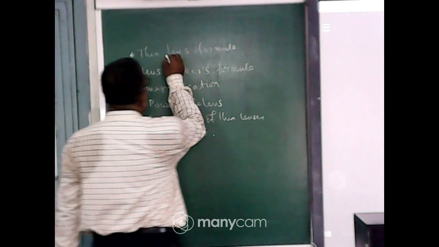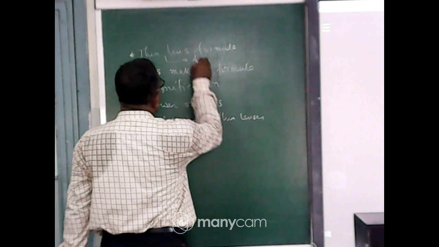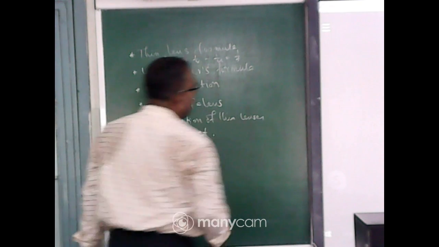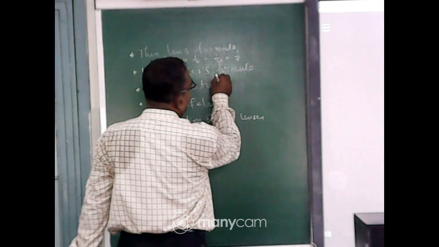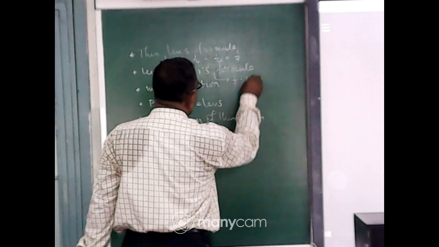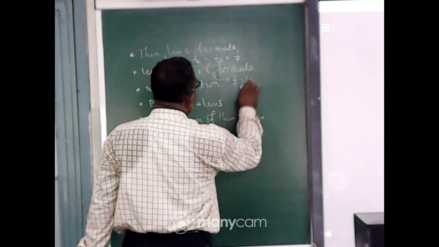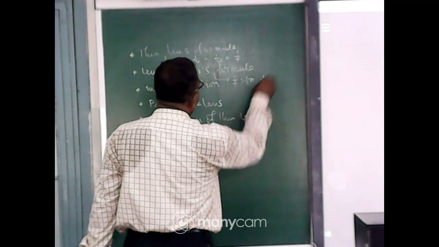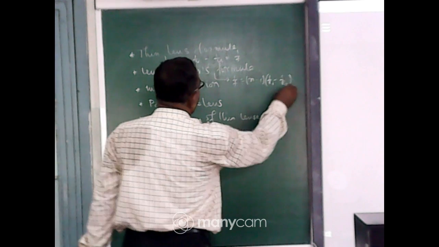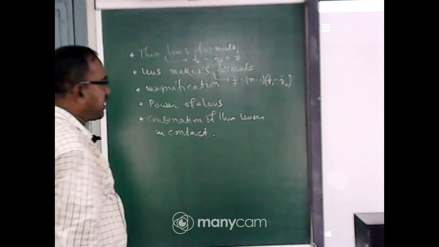Lens formula, you know it: 1 by V minus 1 by U equal to 1 by F. Okay? Lens maker formula, you know it: 1 by F equal to (mu minus 1) into (1 by R1 minus 1 by R2). Okay? From your yesterday class,